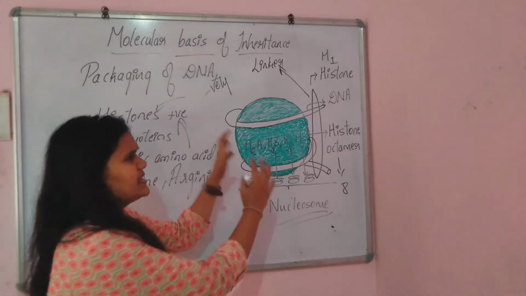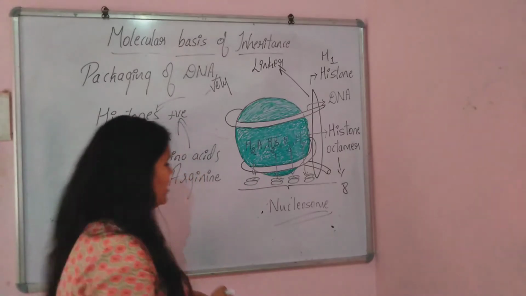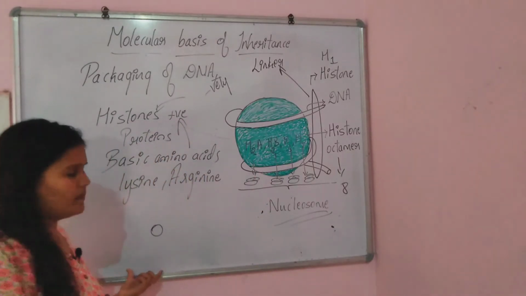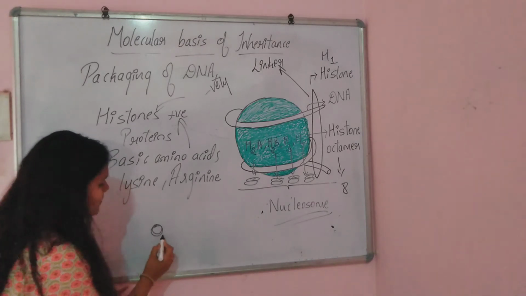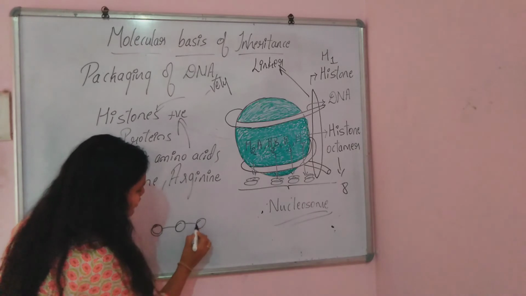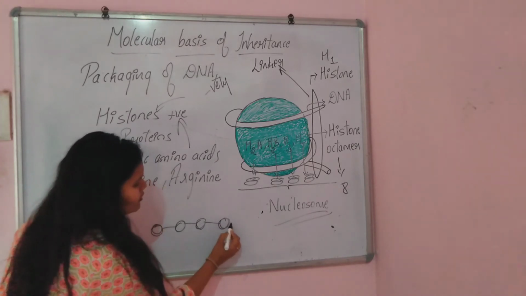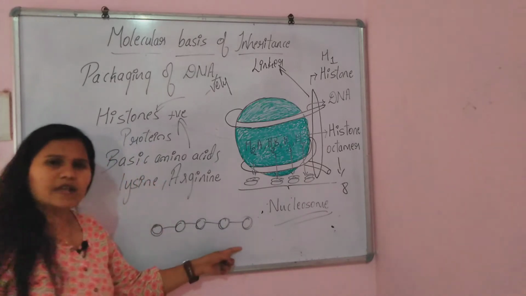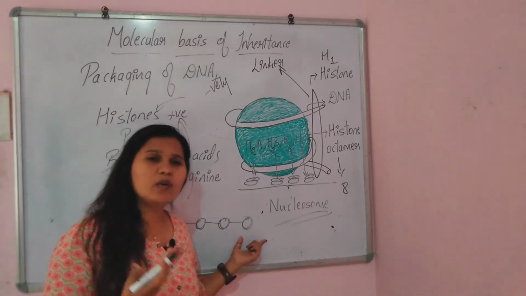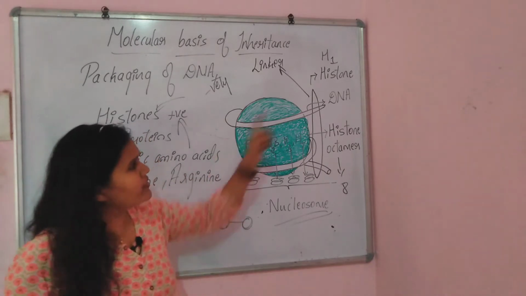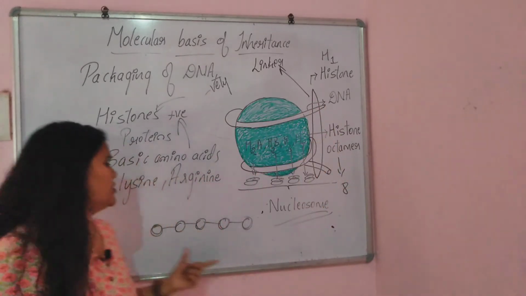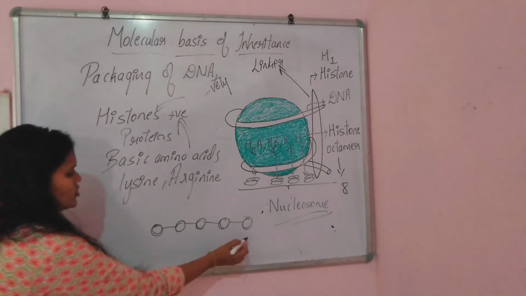So like this, the same nucleosomes will be there. For example, see, if this is the nucleosome in a minute way, okay? If this is one nucleosome, followed by one more nucleosome, followed by one more, again followed by one more, again followed by one more. So like this, the same way these nucleosomes are connected. How are they connected? How are they linked? With this linker, that is H1 histone. Got? So this is how, see, can you see this structure?